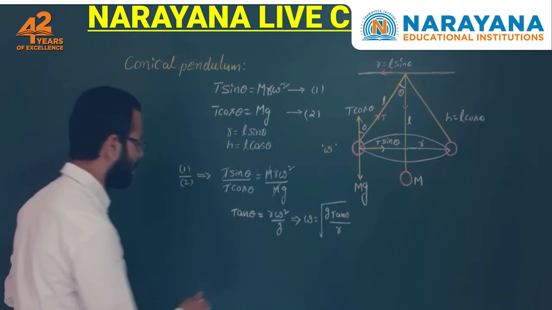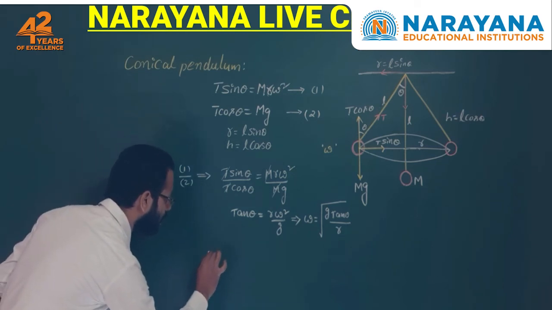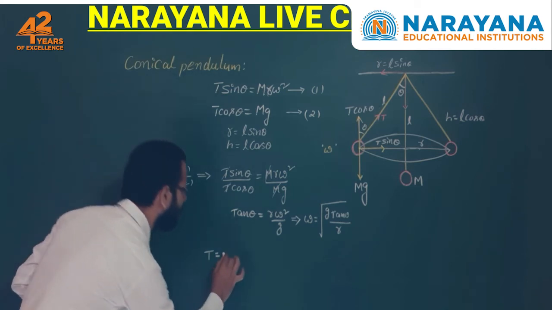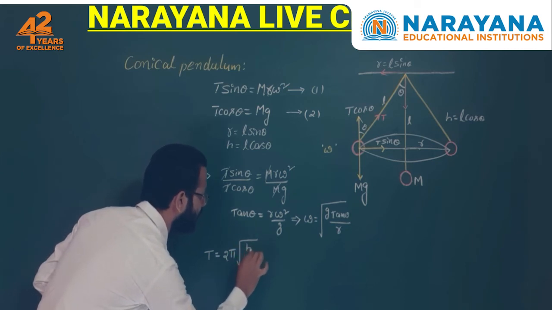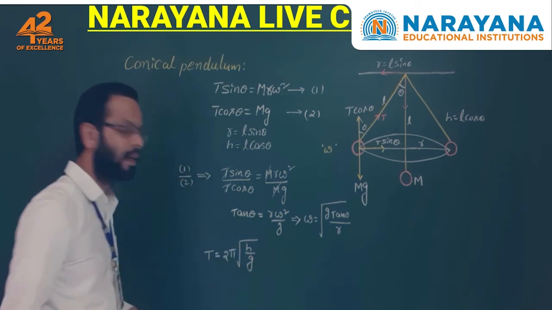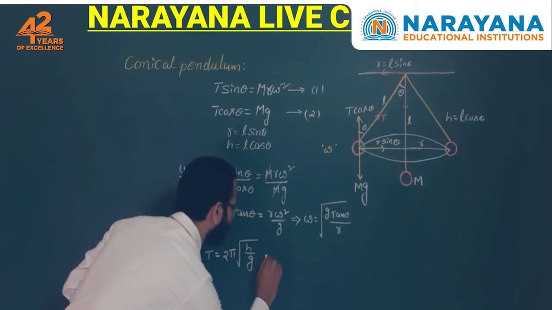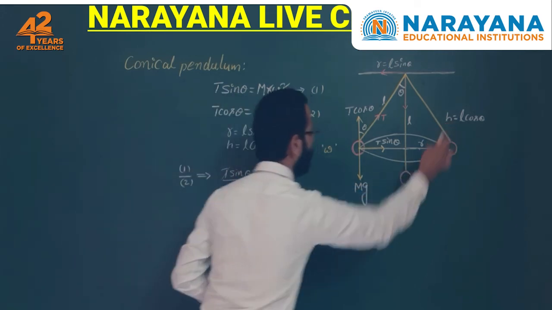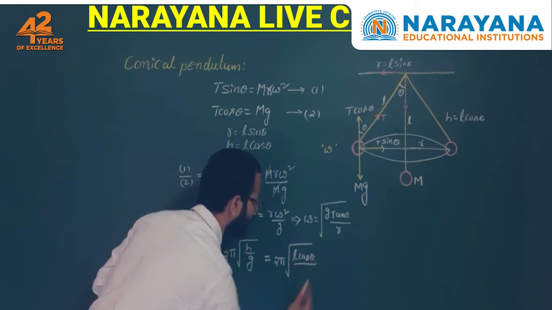What about the time period? So here we can write time period as omega is equal to 2 pi root h by g. For a simple pendulum we can write T is equal to 2 pi root h by g. So we know the value of h is h is equal to L cos theta by g,